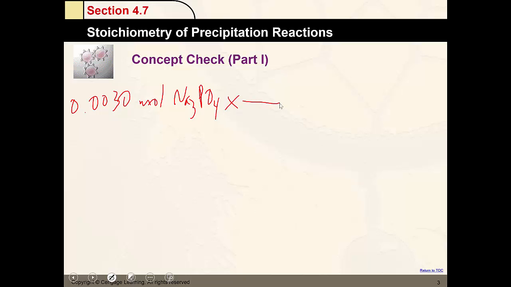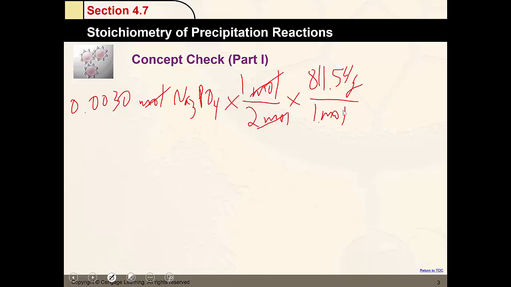Realize that ratio: for every 2 moles of sodium phosphate, there is 1 mole of the solid product, lead(II) phosphate. And then last step, we multiply by the molar mass of lead phosphate, which turns out to be 811.54 grams per mole. So now, if we're using sodium phosphate, we would produce 1.2 grams